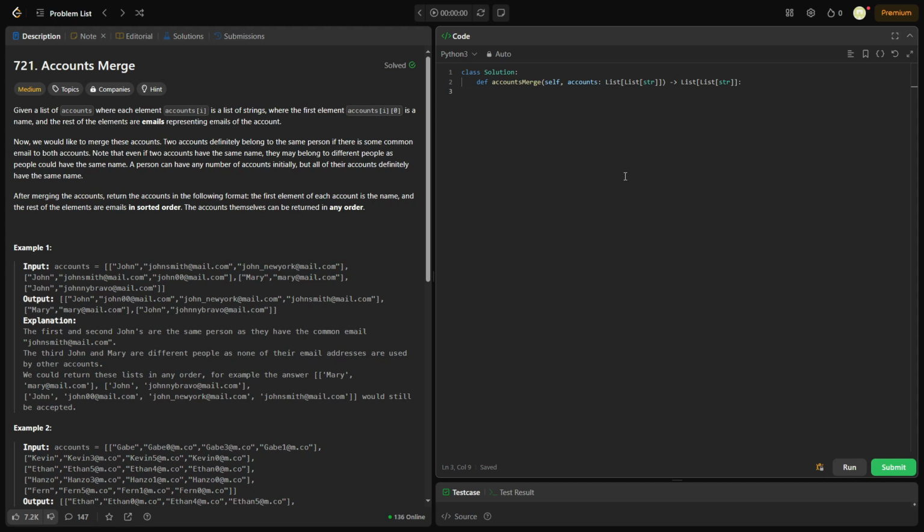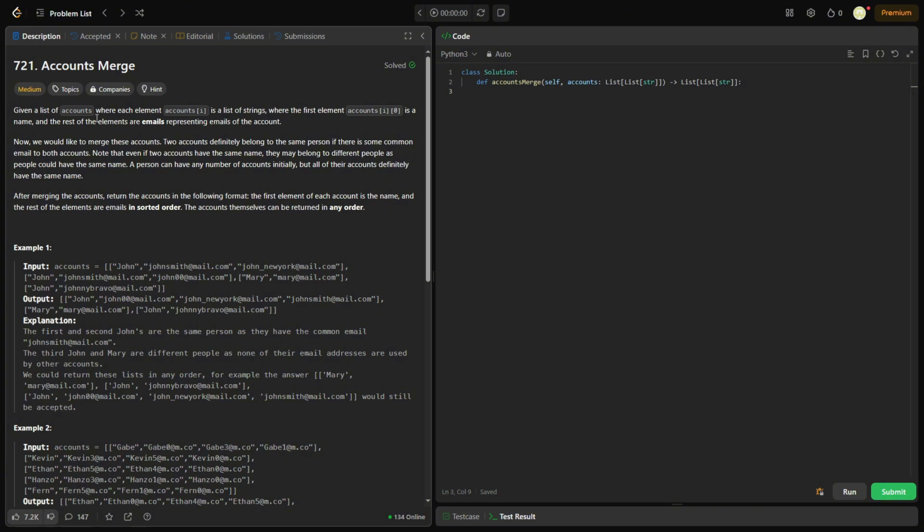What's up, everyone? This is LeetCode 721, Accounts Merge. This problem is actually quite difficult. I will tell you that from the start. So I'll try and go slow and explain things as best I can without making this video too long. But here we go. So we're given a list of accounts where each element in the accounts array is basically